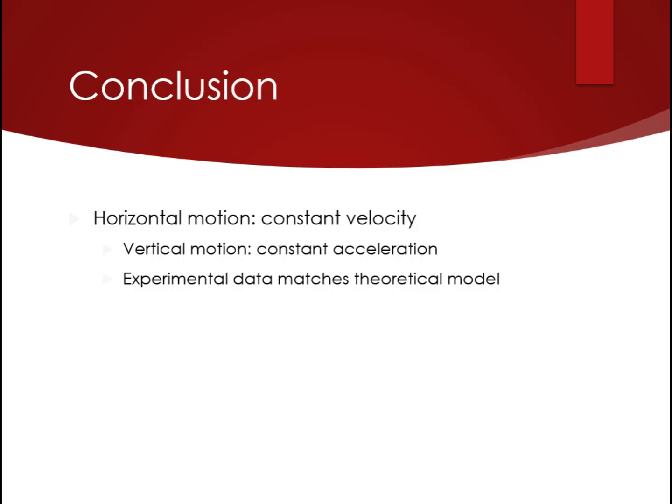Conclusion. This lab confirms that projectile motion can be separated into independent horizontal and vertical components. The horizontal velocity remains constant because there's no net force in that direction, while the vertical motion follows a quadratic relationship due to constant gravitational acceleration. The experimental data closely match the theoretical projections, demonstrating the validity of Newton's second law for projectile motion